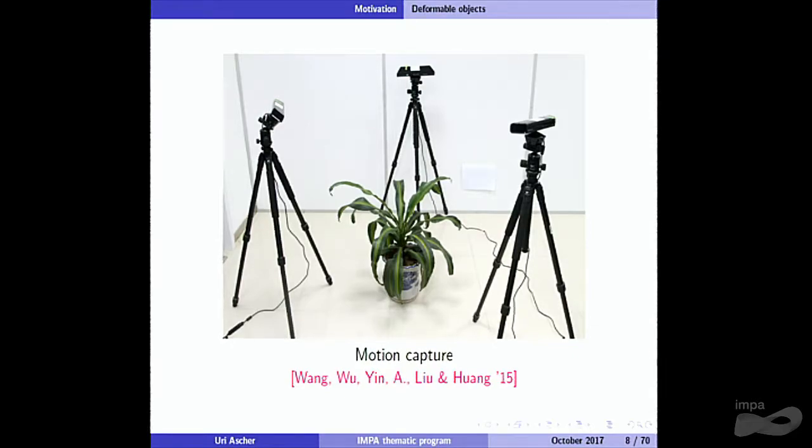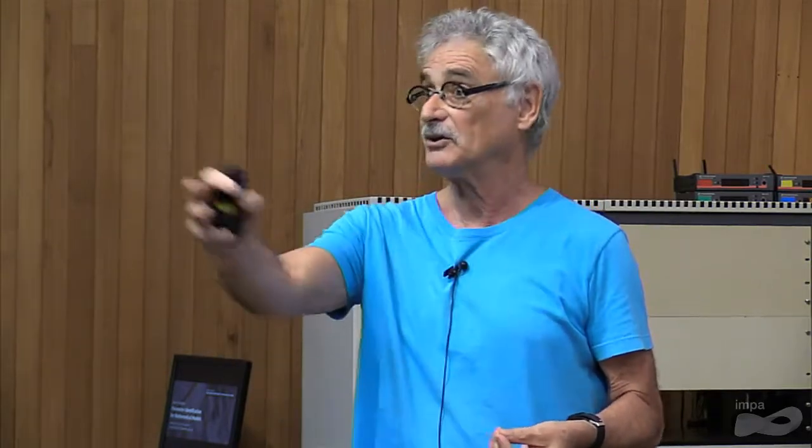You get a sequence in time of point clouds of this plant, and you try to somehow make sense out of it, to track them, or it's called motion tracking. And now you try to use this motion tracking to adjust the parameters so that the tracked motion agrees with what the differential equations would predict. It can be ugly,